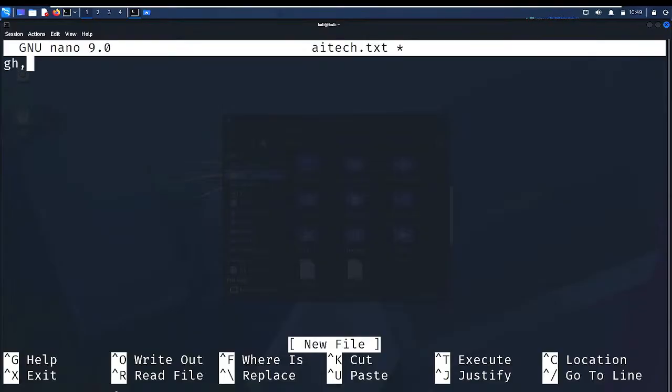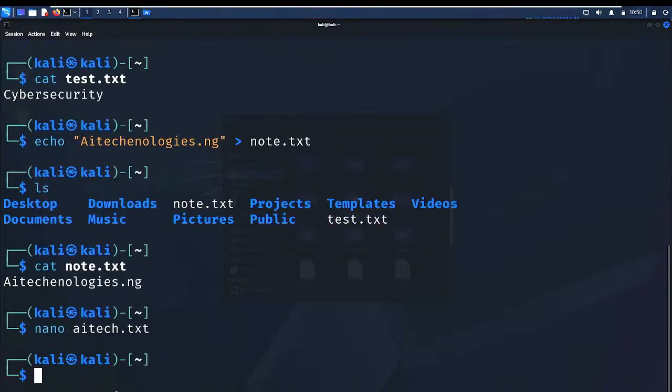I can write whatever text I want to write here. So for me to save this now, I do Control S to save and Control X to exit. We'll also do this later on.